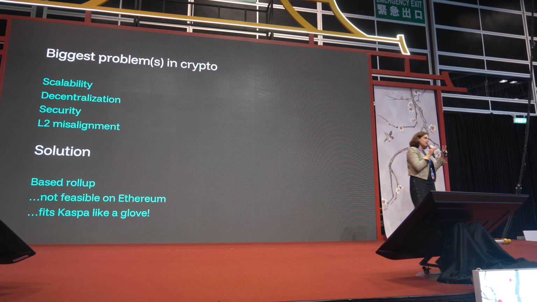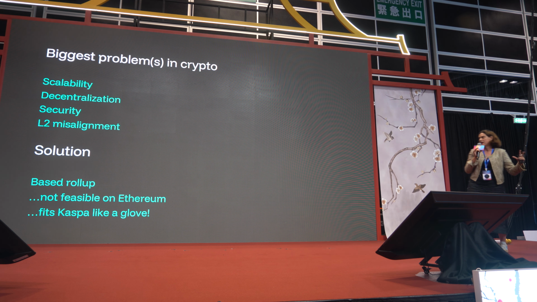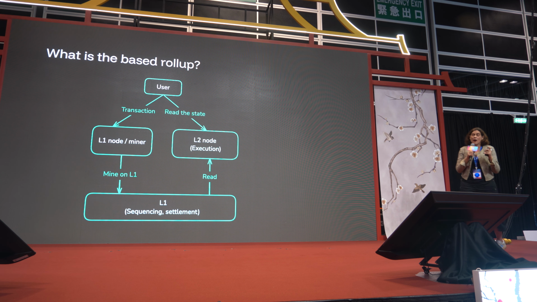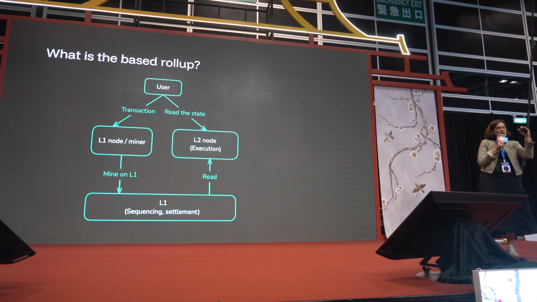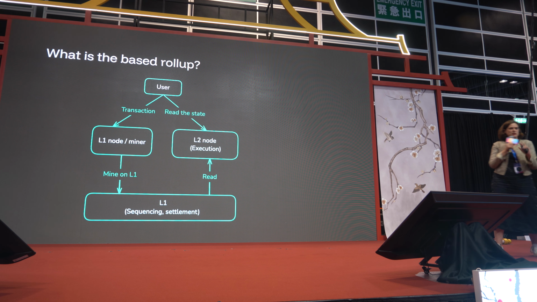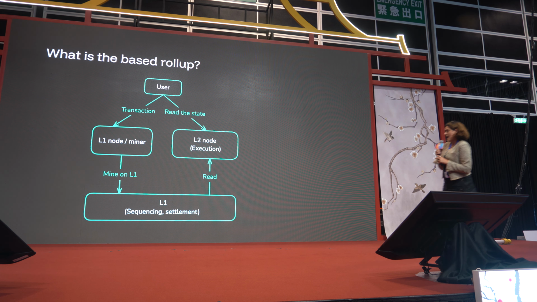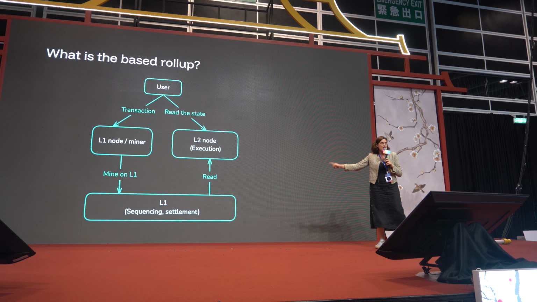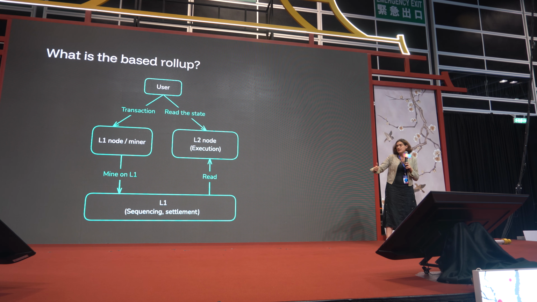And then the Ethereum community introduced the concept of a base rollup, right? However, the one problem of a base rollup is that it always rolls up to the minimum viable constraint that dictates what the speed and what is possible. Now, let's rewind this, okay? What is a base rollup? A base rollup, as I told you, is one that uses the L1 both for sequencing, for settlement, and for consensus.